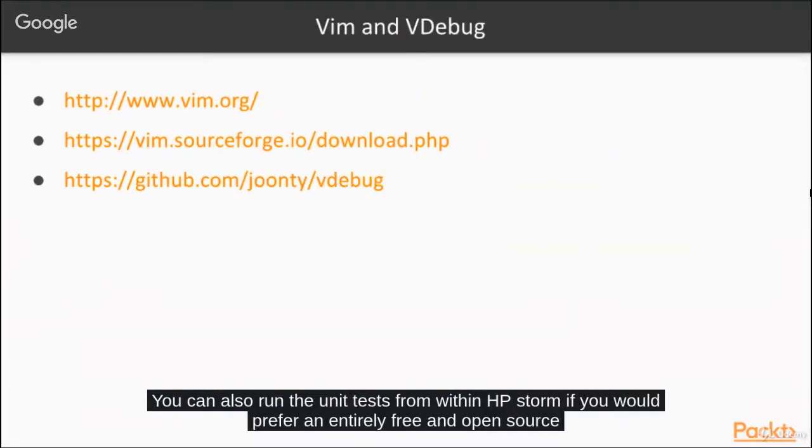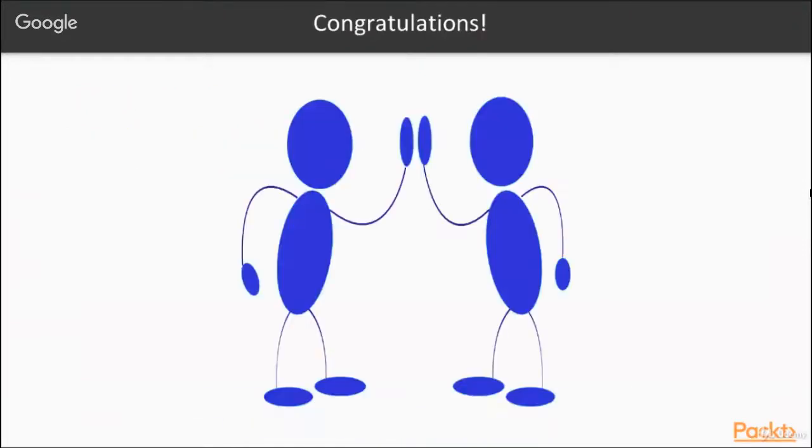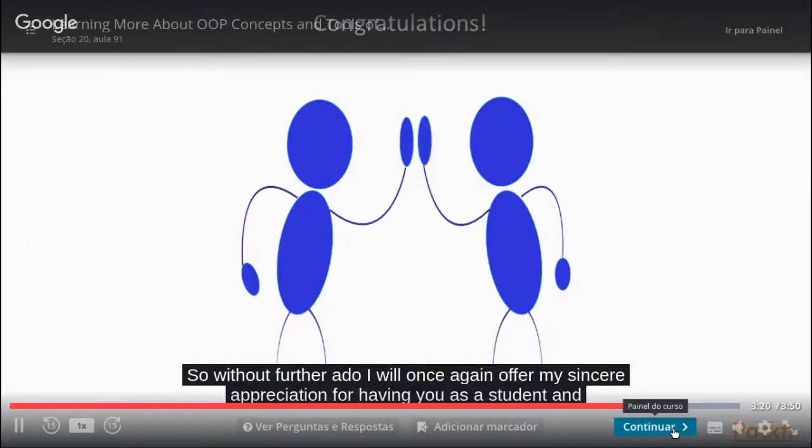If you would prefer an entirely free and open source solution to writing and debugging code, you may look at Vim and VDebug. So without further ado, I will once again offer my sincere appreciation for having